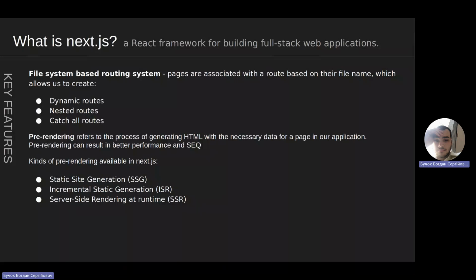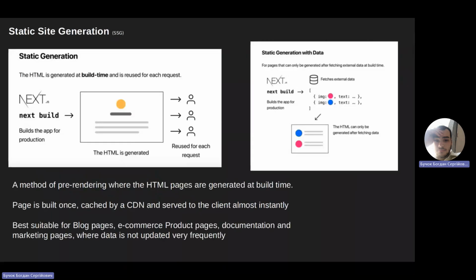Okay, let's talk about the kinds of rendering in more detail. So first one is static site generation. It is a method of pre-rendering where HTML pages are generated at build time of our web application, and pages are built once, cached by a CDN, and served to the client almost instantly. Best suitable for blog pages, e-commerce product pages, documentation, and marketing pages, where data is not updated very frequently,